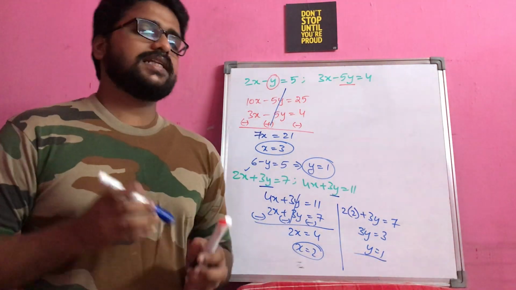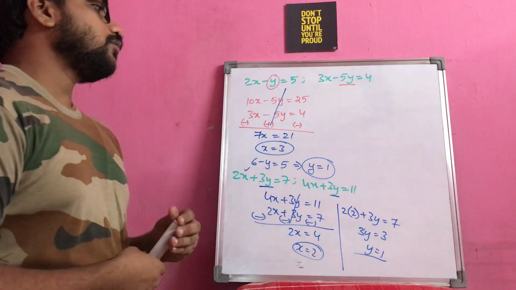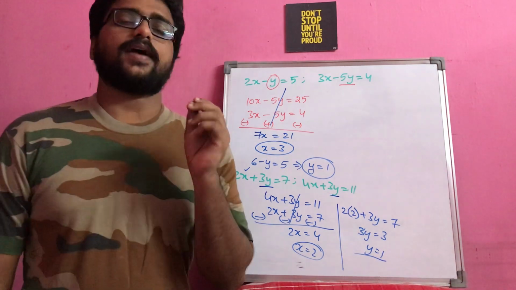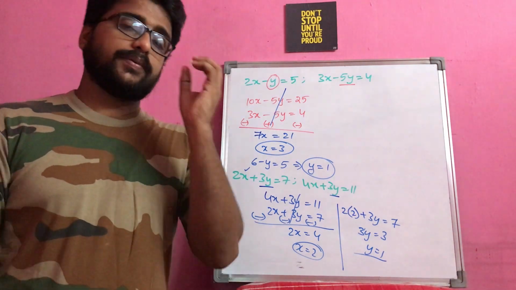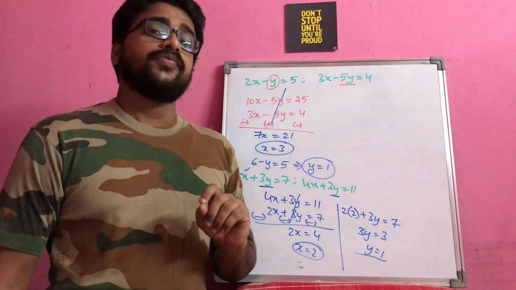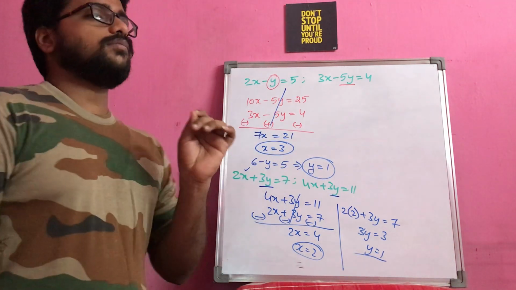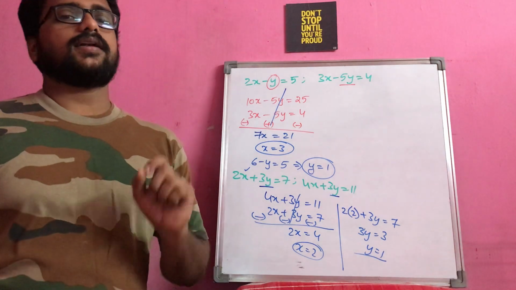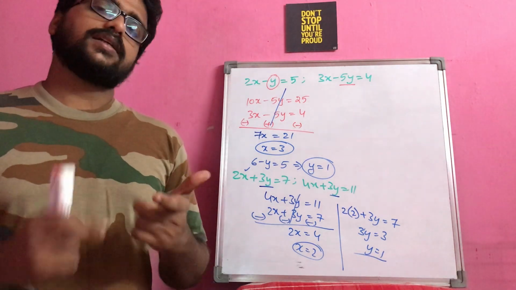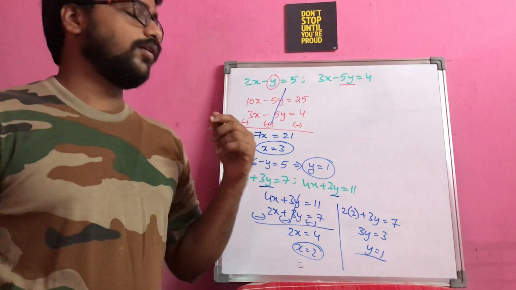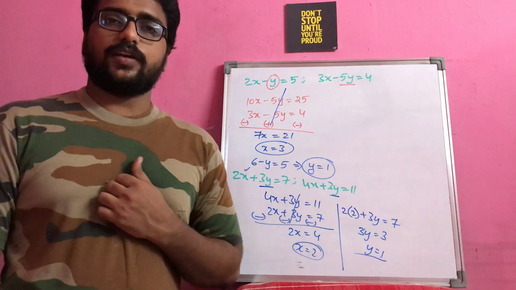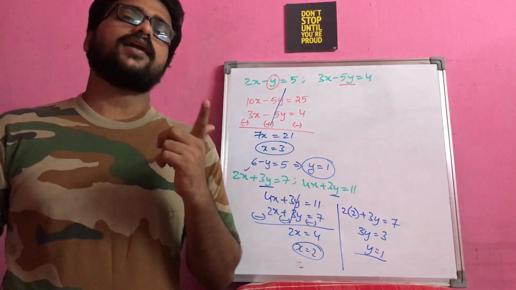So it's a very simple method. You just have to think of what is the suitable factor that has to be multiplied for any particular equation out of those two, and after multiplying with that particular factor, what we have to do? Is it a subtraction or addition? Accordingly, we have to do the simplification to get the values of x and y.